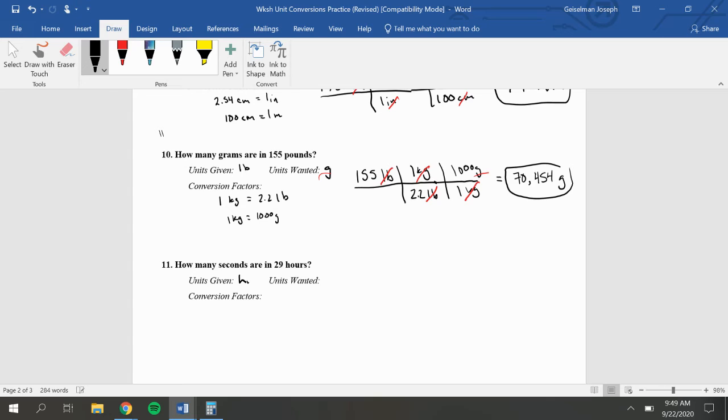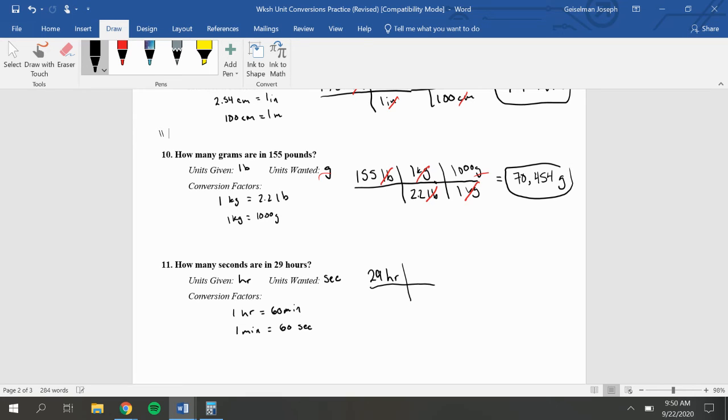We're given hours. We want seconds. We know that in 1 hour there are 60 minutes, and in 1 minute there are 60 seconds. Now we can add this to our problem. We can go from there. So if we start with 29 hours,